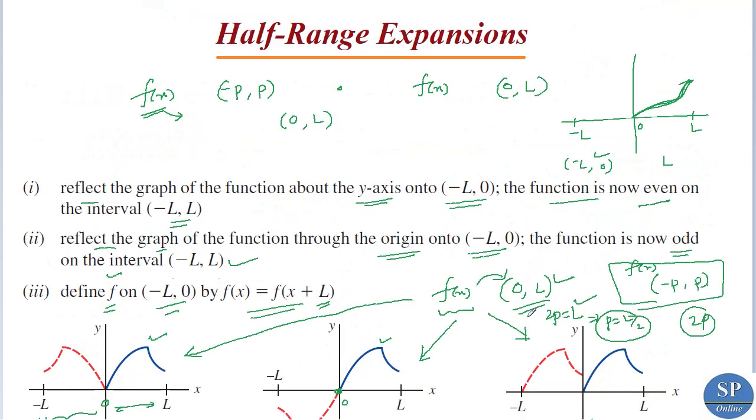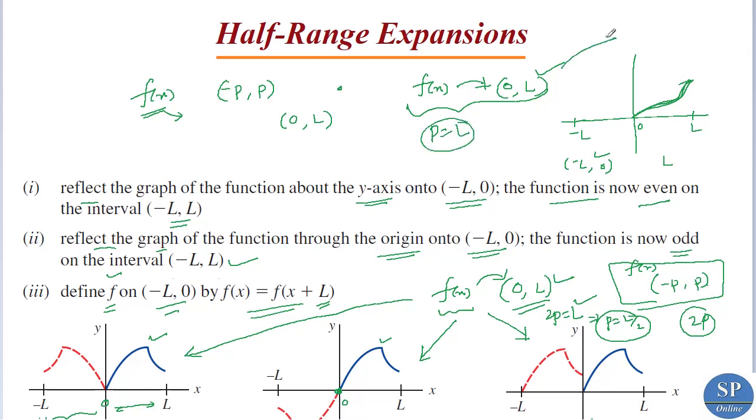Okay. So if you are given a function f of x which is defined in the interval 0 to L, we can expand that function as a sine series, a cosine series, and the usual Fourier series. But here, if you are expressing this as a Fourier series, Fourier cosine series or sine series, we are taking p as L only.